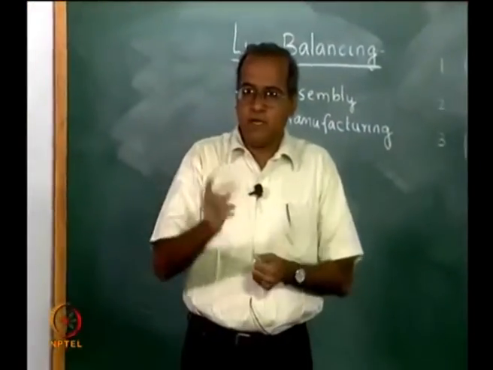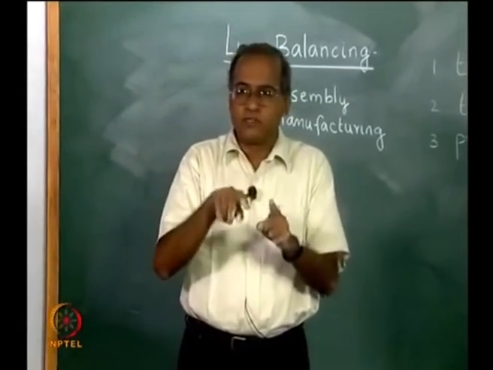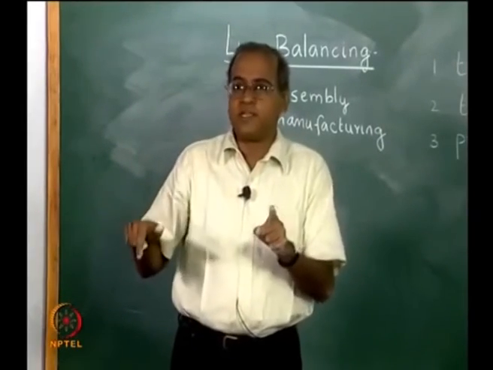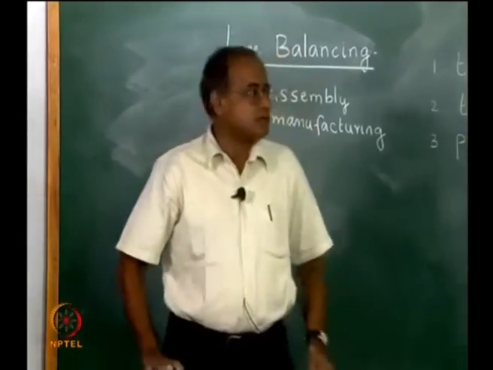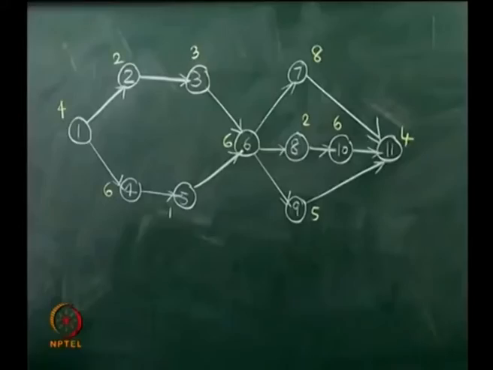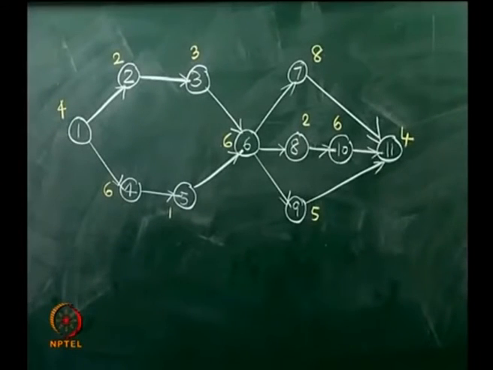For example, we will not have a situation where 1 has to precede 2, 2 has to precede 3 and 3 has to precede 1. So, we will not have that. So, we would say that 1, 2, 3, 4, 5, 6, 7, 8, 9, 10, 11 is feasible, which also means that if we have one operator sitting and doing all the assembly of 1 to 11, then the operator can come with a finished product or an assembly.